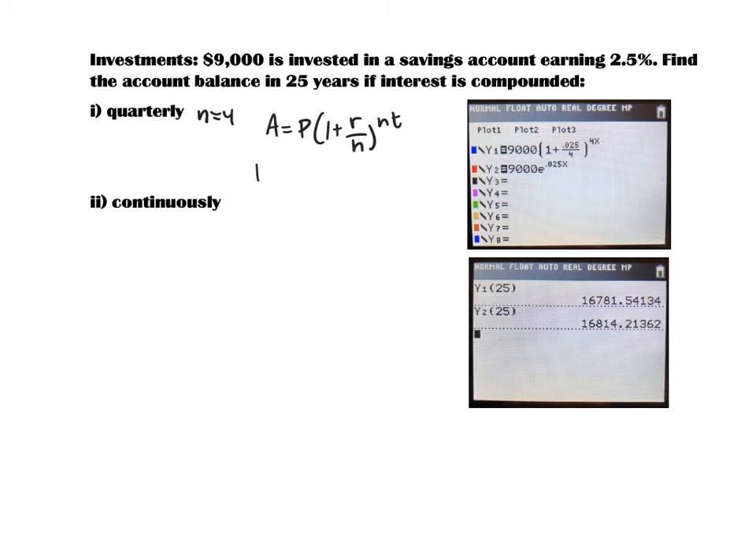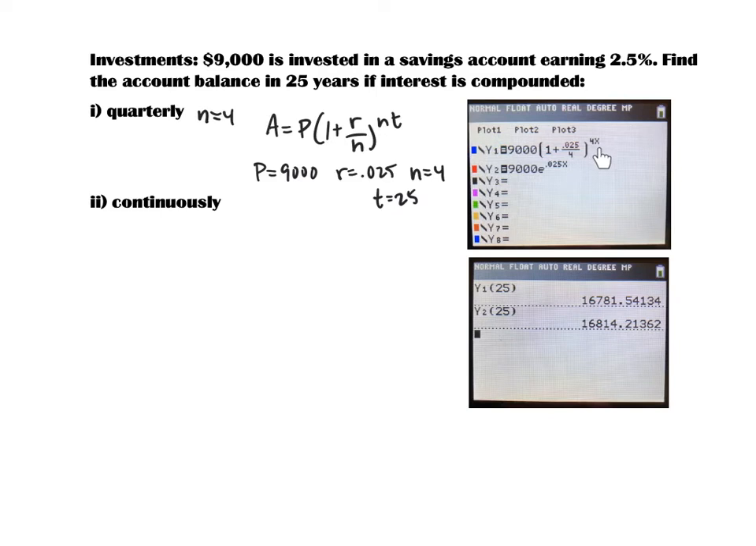And I'm going to have values for P, which is 9,000. I'm going to have R equals 0.025. I'm going to have N equals 4, and I'm going to have T equals 25. So I've taken a screenshot of my calculator, and in for Y1, I typed this function, 9,000 times 1 plus 0.025 over 4 to the 4x, where x is going to be the number of years